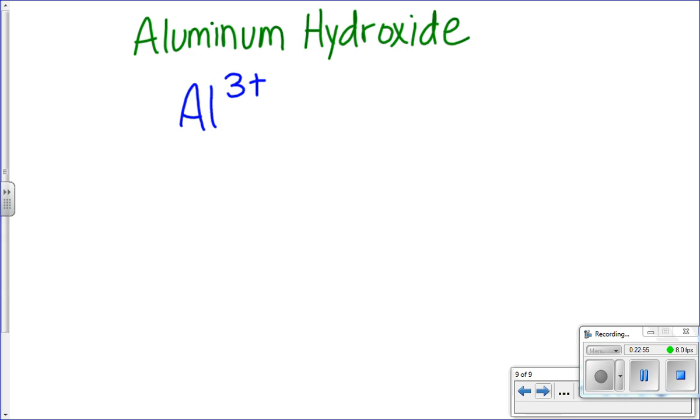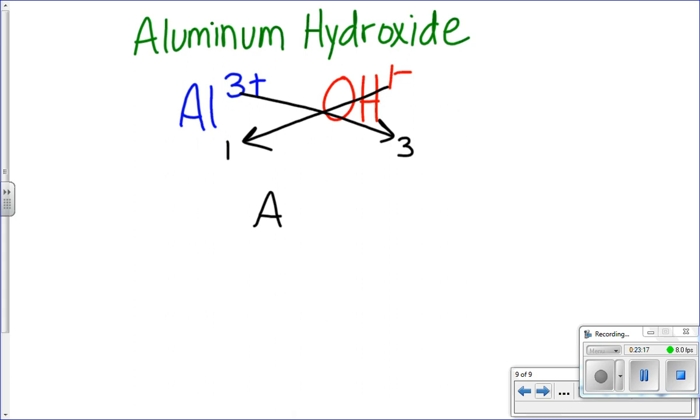Al3+. And what is our formula for hydroxide? OH 1-. So we're going to crisscross. So we get Al with a 1 and the OH with a 3. So we could write this AlOH3,